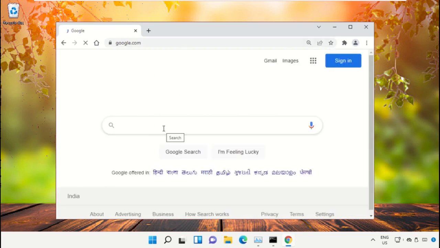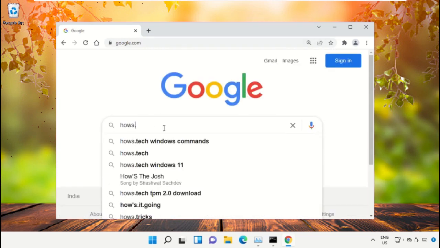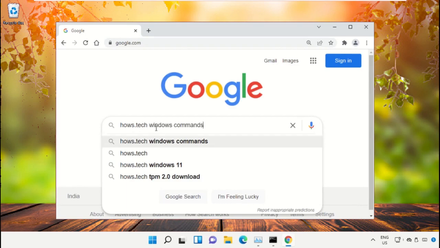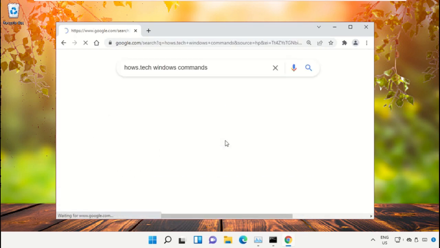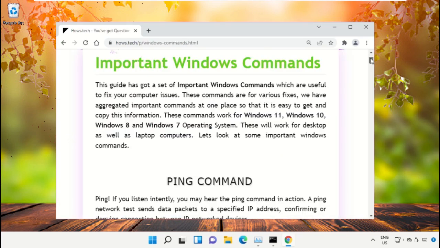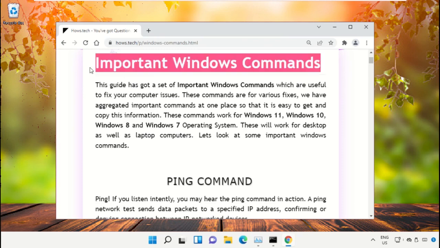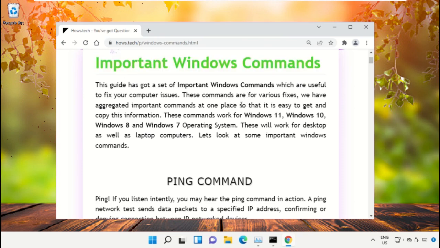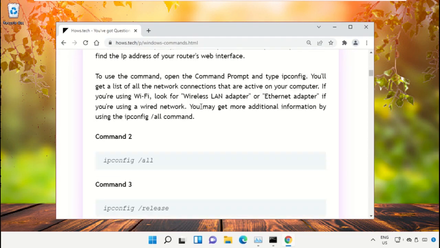Now in the search bar type hows.tech Windows commands and click here to open it. Now click on this link, which is from www.hows.tech. On this window, just scroll down and search for